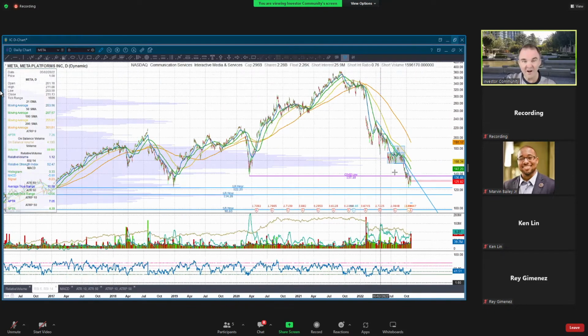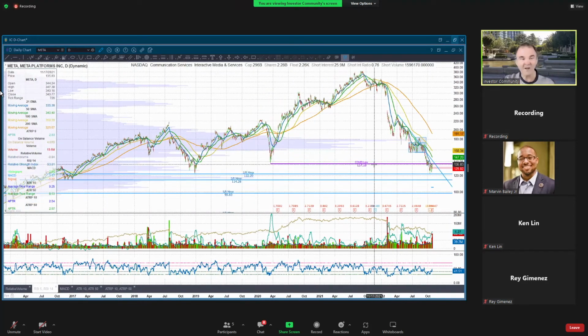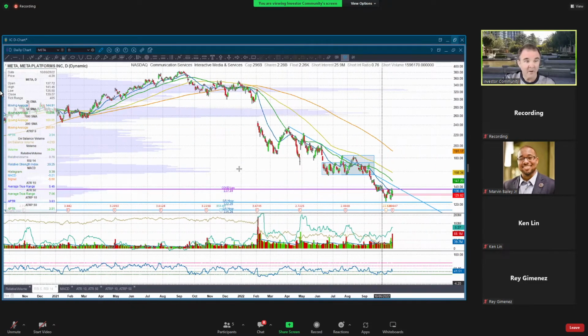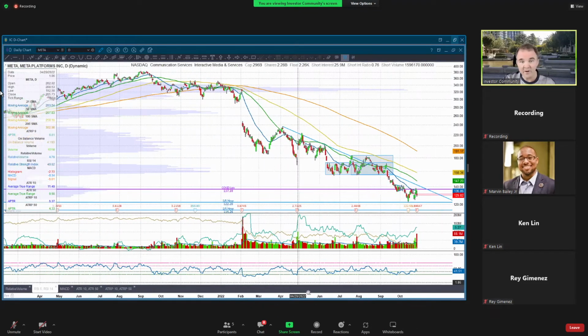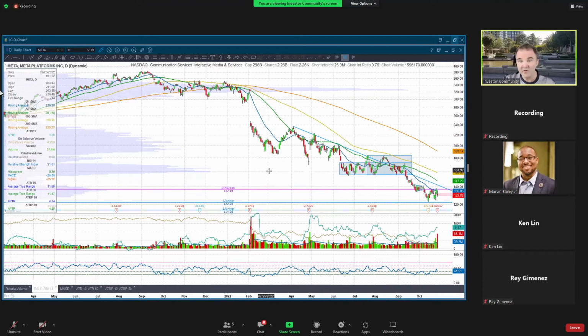But I also didn't think it would fall apart like it has on these earnings. I thought all the negativity was built into it. So there you are, that's Meta. Hopefully you're not in it, but no doubt if you're holding any index ETFs or anything like that, then unfortunately you have some of that in your index ETFs.